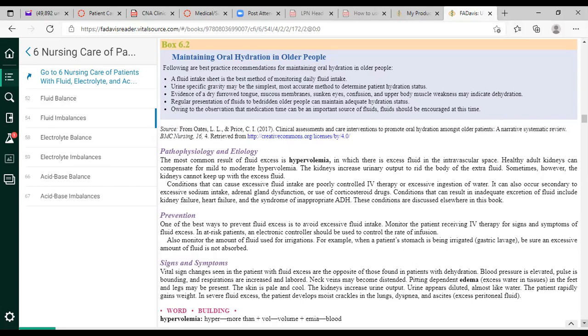Fluid overload and fluid volume deficit, the things are the opposite. So fluid deficit, I'm expecting to see more so concentrated urine, that amber looking color urine, whereas fluid overload, because you have so much fluid in your intravascular system, this fluid is coming out more so clear or diluted,